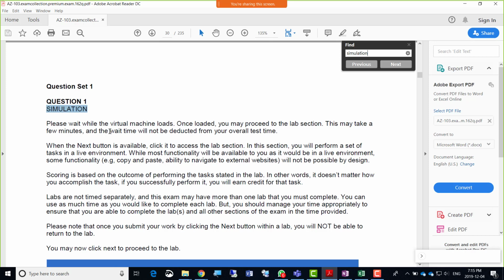So guys, keep in mind that wait time will not be deducted. So do not get a heart attack thinking time is passing while the machine is loading. Don't worry, if the machine has not loaded yet, your time is not being deducted. So stay calm while you wait for the machines to load.